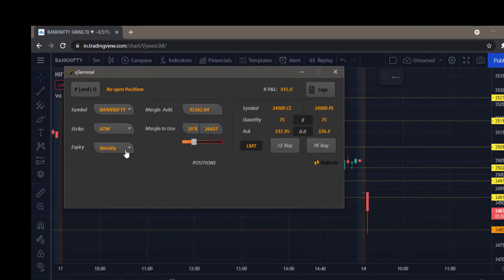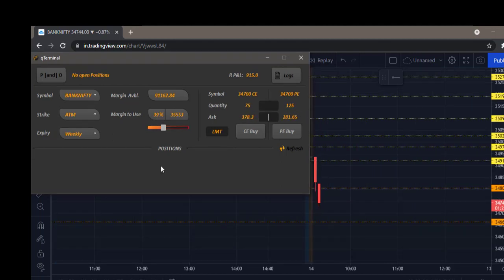So let us see how these options data changes with different symbols and different strike prices. Let me change the strike price to in the money, and as you see the symbols have changed here, and the quantity as well depending upon the amount that I've chosen. And for OTM, yeah, it changes the symbol accordingly and the quantity, and it shows the current ask price of the particular symbol. And let us go to Nifty now. So as I've changed to Nifty in the drop down, the symbols have changed accordingly.